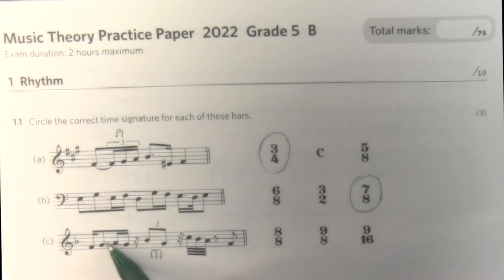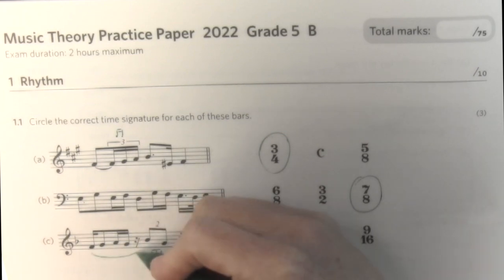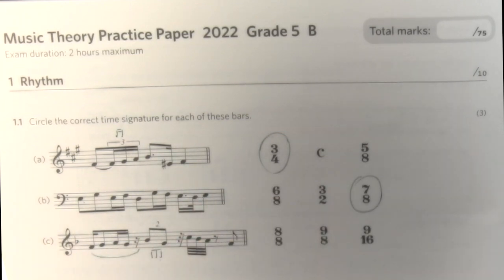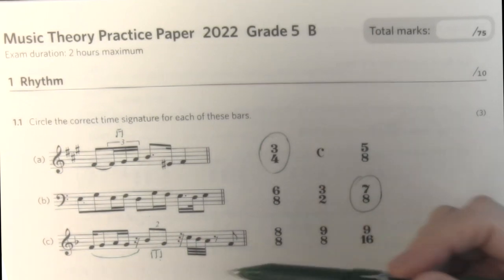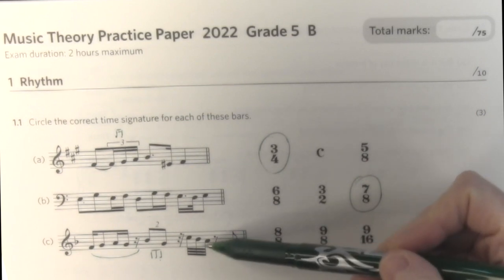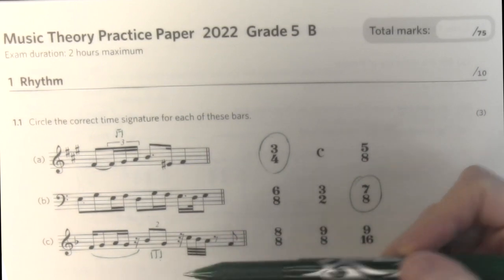So we have one quaver, and another quaver. So all of this is 3 quavers all together. And then we have one quaver, and the other quaver. Do we need to count? Not really, no. We can remember that 4 demisemiquavers equals 1 quaver, but we can also understand that this is